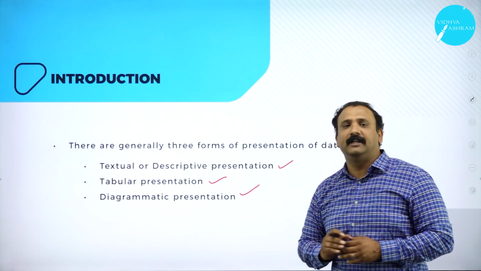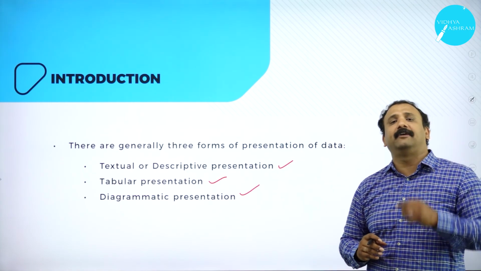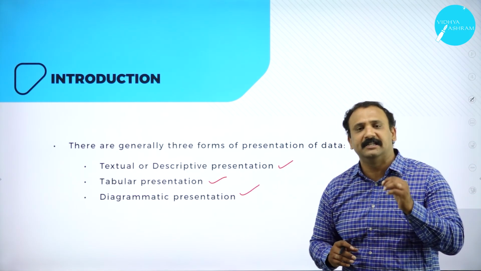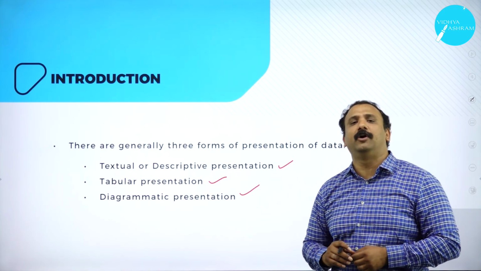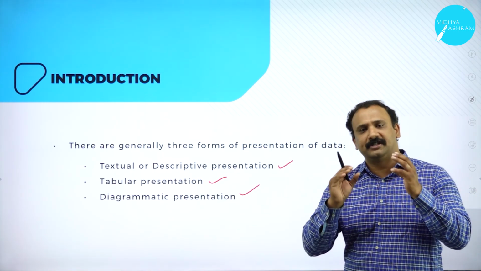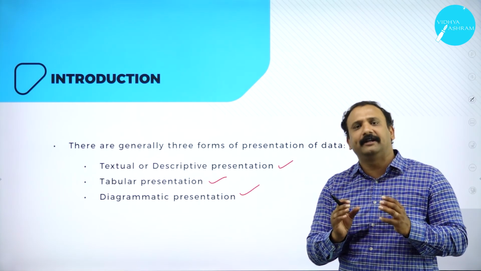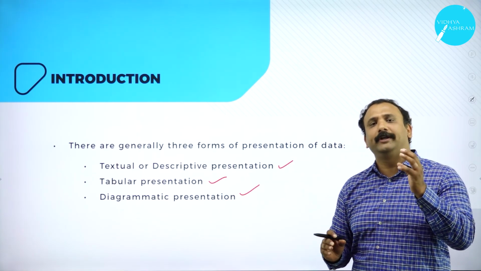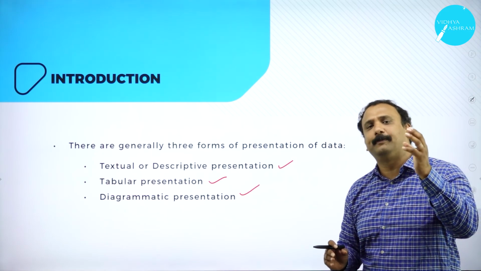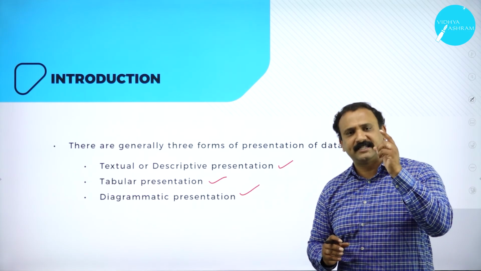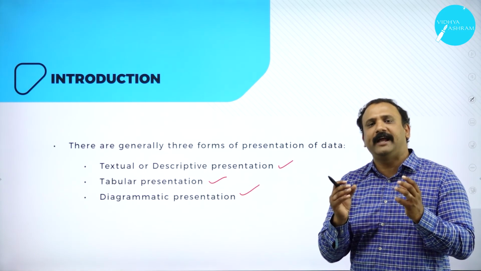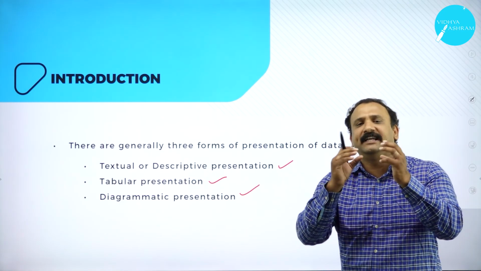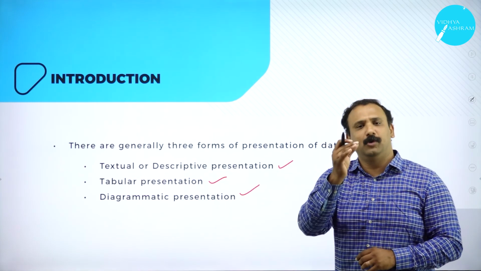And the last but not the least, you have the diagrammatic form of representation. That is the most attractive, appealing form of presenting the data altogether. So whenever you see those nice graphs, colored pie diagrams and charts, that is what is going to really attract the eyes of the person who's going to look into it, and that's definitely going to be very meaningful because that's going to present a whole lot of data in a small and an easy manner altogether. So moving forward,